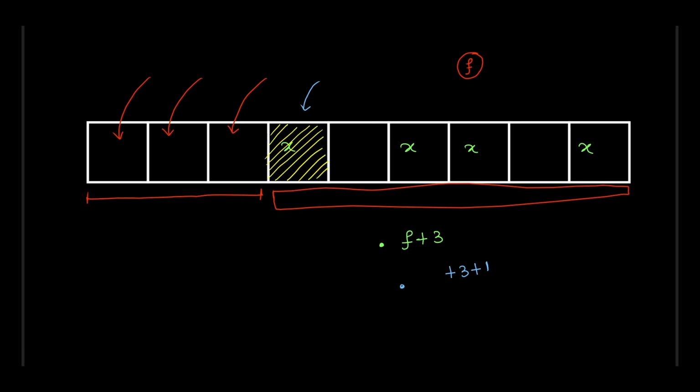But then at first glance it looks like you have stolen one x from the window, right? You have stolen one x from the window. So now the contribution of this window should be equal to f minus 1, and the contribution should not change. So this is what it looks like at first glance, but actually this is incorrect,